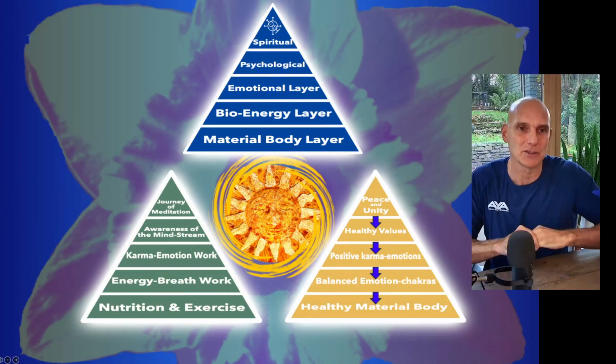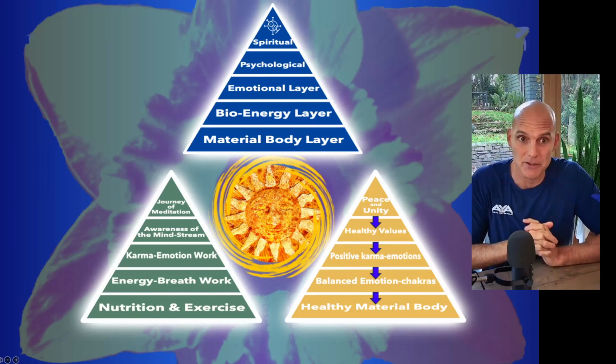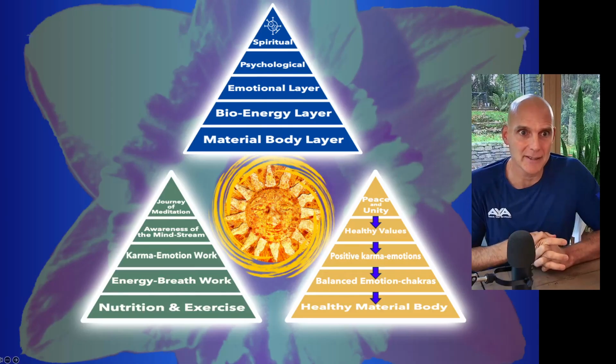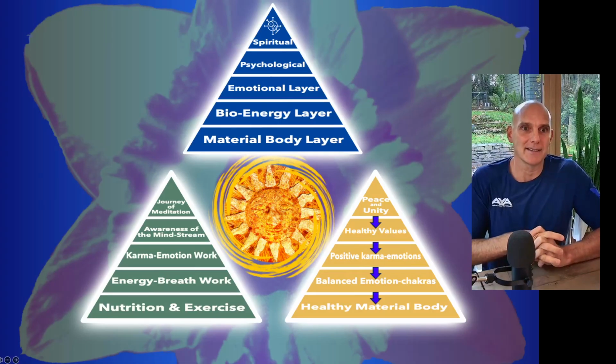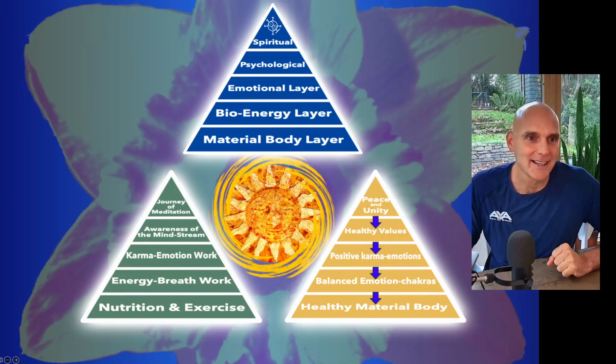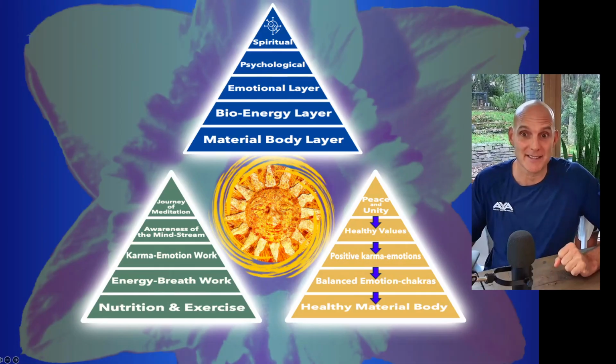And we have now had a lesson on the spiritual layer. We've had a lesson on the psychological layer, the emotional layer, the bioenergy layer last week, and this time it's the material body layer. Okay, and side two is the green side, and that is the self-healing exercises that we apply to each one